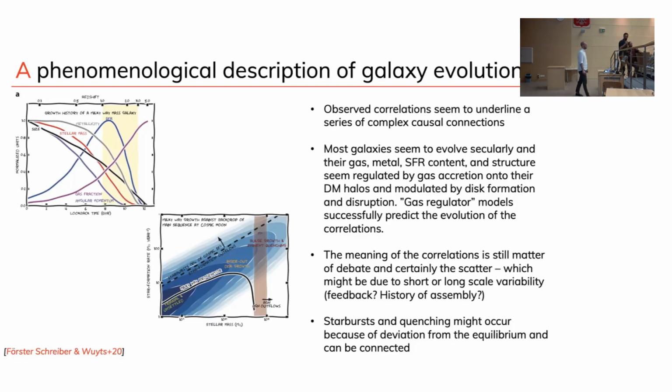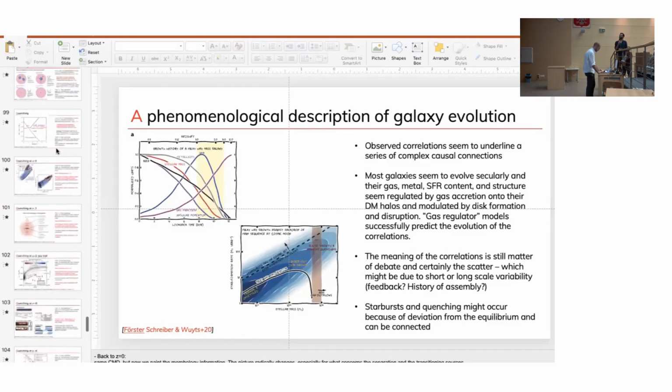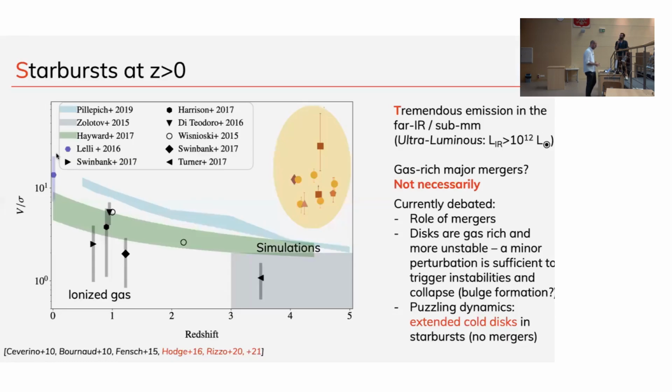Okay, so I will start with one about the V over sigma relation. Can you go back on the slide? That was a very, very interesting result. It's incredible that at high redshift you tend to have the same V over sigma as at low redshift, even higher maybe. My first question is, what's the absolute value of circular velocity and sigma that you have? Are they similar to redshift 0 as well?